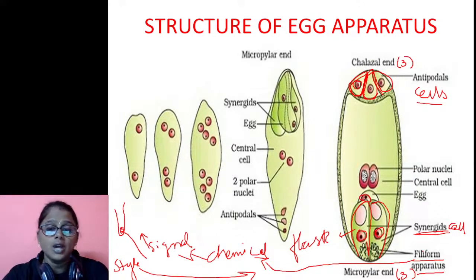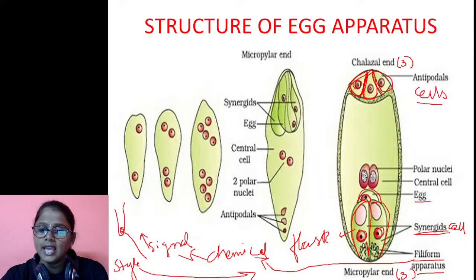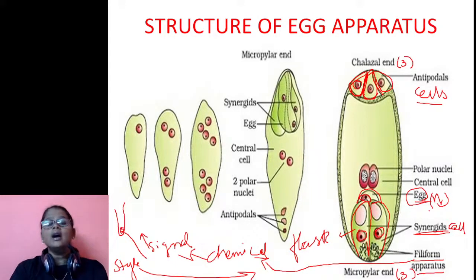So synergids are very important, and the one which is present at the top of the synergid is called as an egg. You are calling it as an egg. So this egg is haploid in nature and they are the one who is going to fuse with the male